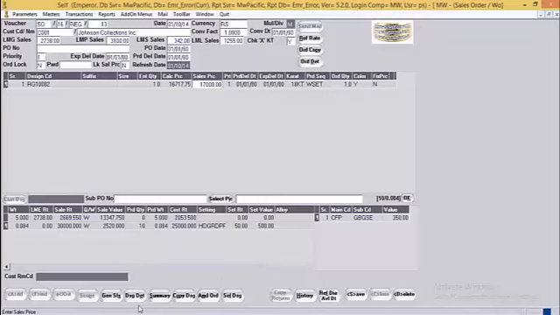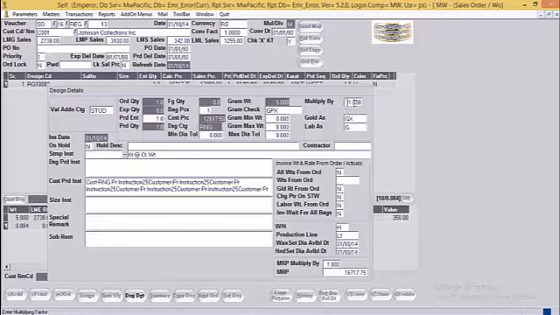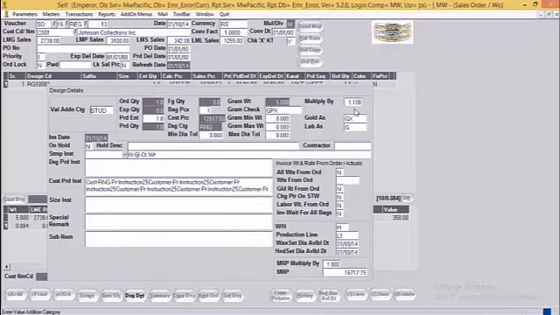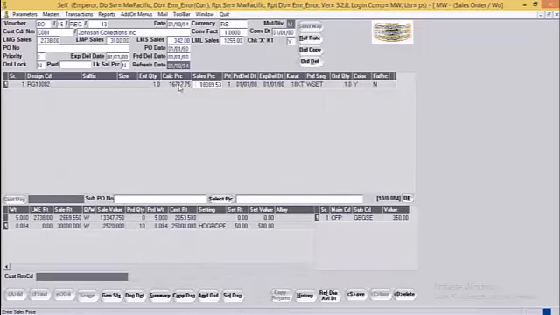Or else, if the user wishes to apply a multiply by factor, which is mentioned over here, he can change the multiply by factor and accordingly get the sales price. That is, when the user wishes to apply a multiply by factor of 1.10, the system will apply a 10% margin on 16,717 and get the value of 18,389.53.